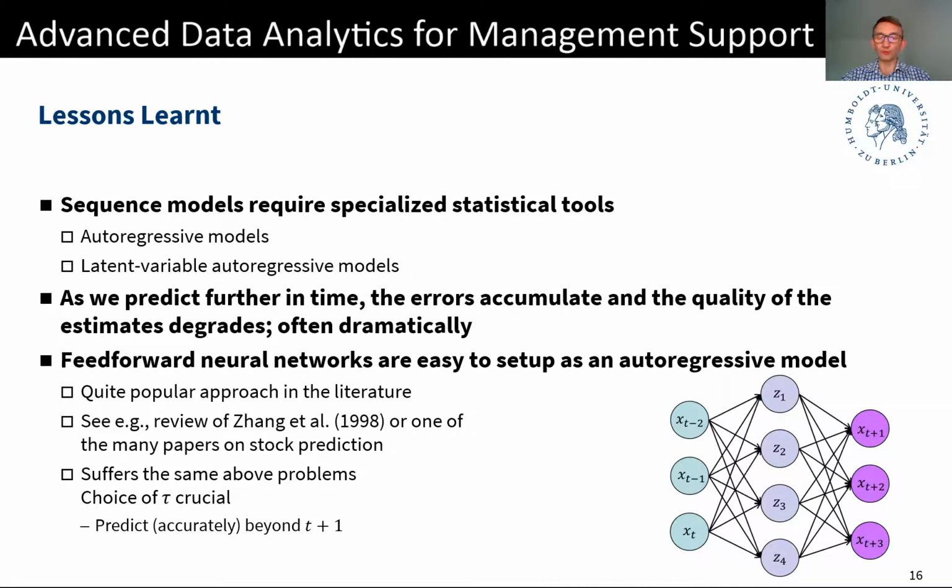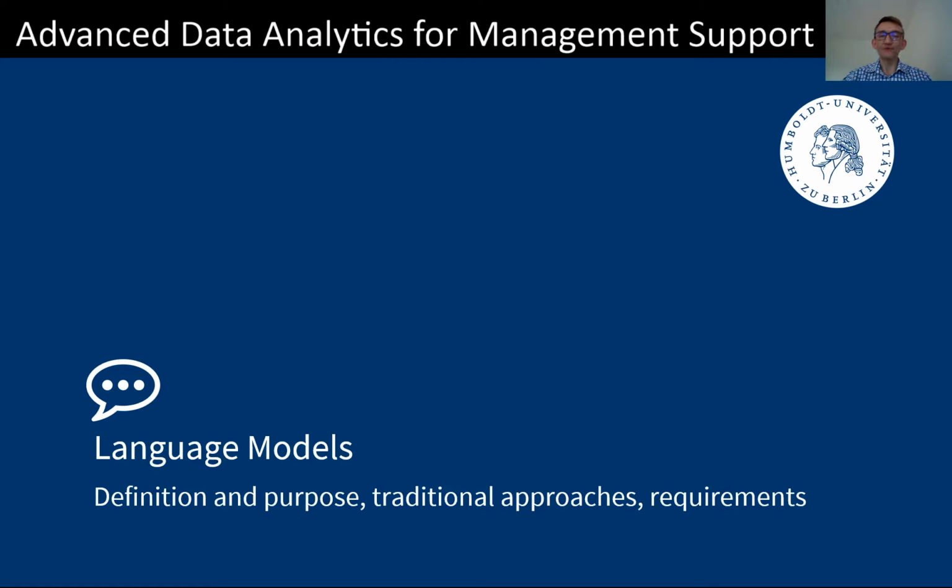And we have seen how neural networks, this is what you have briefly seen in this notebook, are easy to set up as an autoregressive model. And there are many papers which try out neural networks in this setting and conclude that they work fairly well. And this is also my experience. There are much more advanced architectures for neural networks for time series data or for sequence data. However, well, getting these to work so that they really outperform the simple feed-forward neural networks is not necessarily a trivial endeavor. But I'm jumping ahead one more time, so time to pause for a minute before we move on with